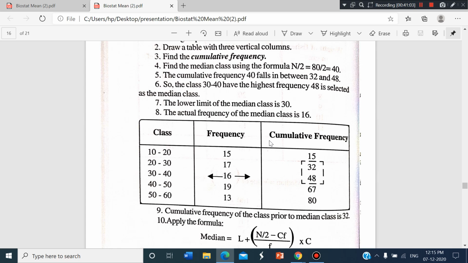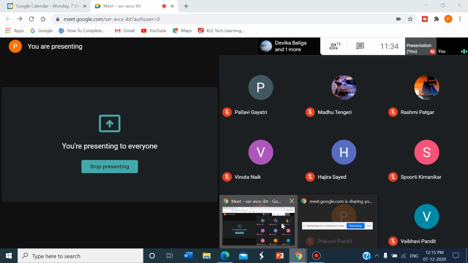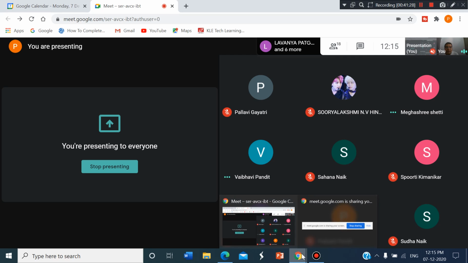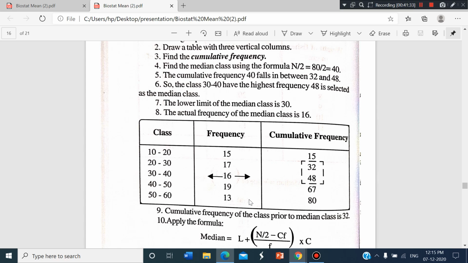Hello? Yes? Please give me the feedback. Suryalakshmi? Yes? Tell me. If you don't tell me, Varsha, Vaibhavi, Sahana, Spoorthi, Sunaina, tell me that you have not understood everything. Only then can I tell you in which step you find it difficult to understand,